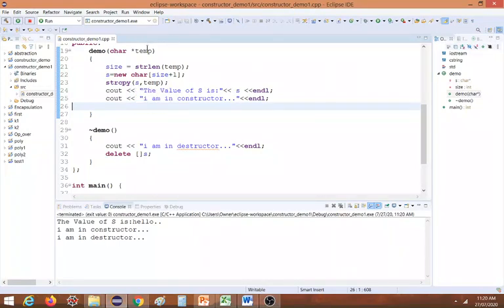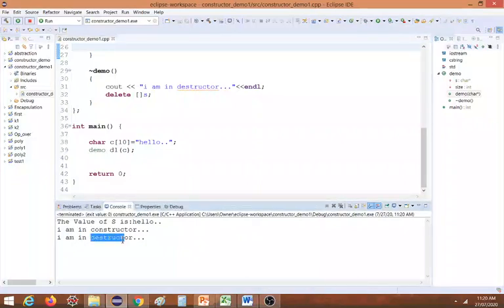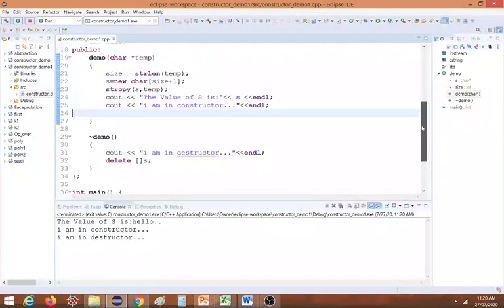I am passing hello, so hello is copied to s. "I am in constructor" is also displayed, called when I declare the object d1. Now the last line displayed here is "I am in destructor". It is called when the scope of this object is finished; the destructor is automatically called. Okay, so this is how it works.